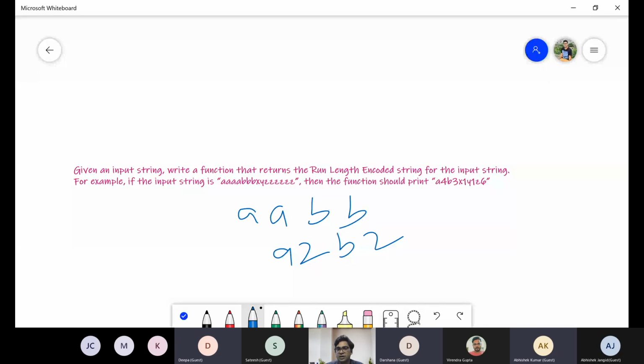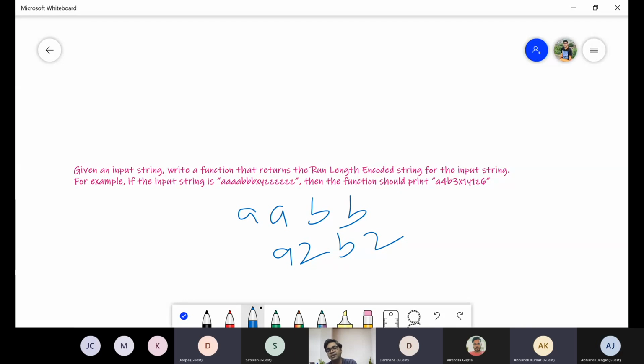The first way could be to use an array to store the count, or a hash map that can store the count. For example, while I'm traversing the array, the first element I encounter is A. I create a key in the hash map with A, and I store the count of A, the number of times A has occurred. While traversing, we find that A has occurred 4 times, so I update the count to 4.